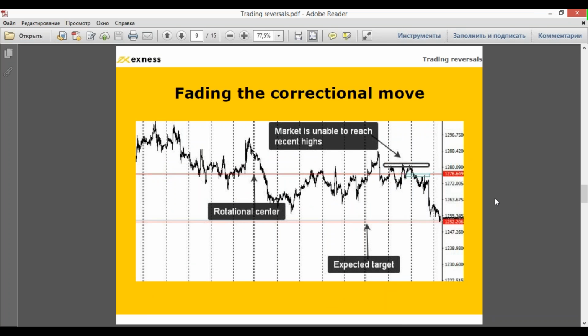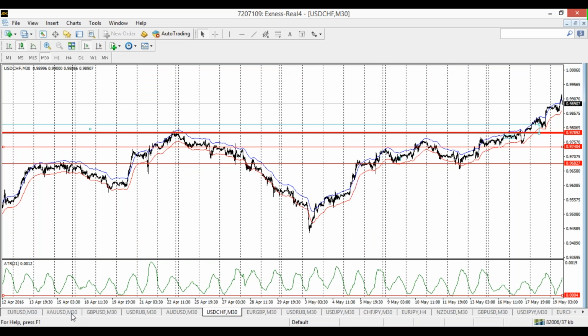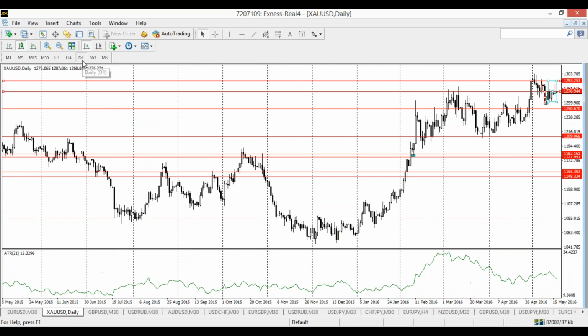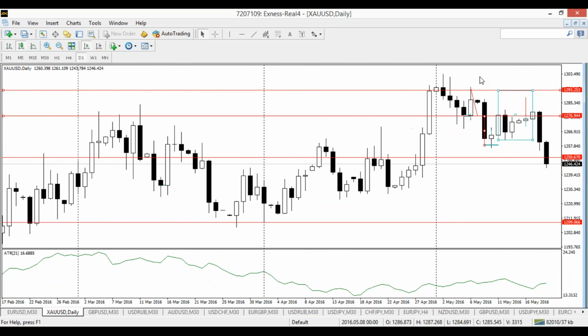Fading the correctional move, going against the correction, going against the short-term trend or short-term rise in action, was clearly shown recently on the gold. I don't know, guys, how many of you trade the gold, but it's my favorite market among currencies as well. I very frequently trade gold. It was a pretty mature trend with quite a history,